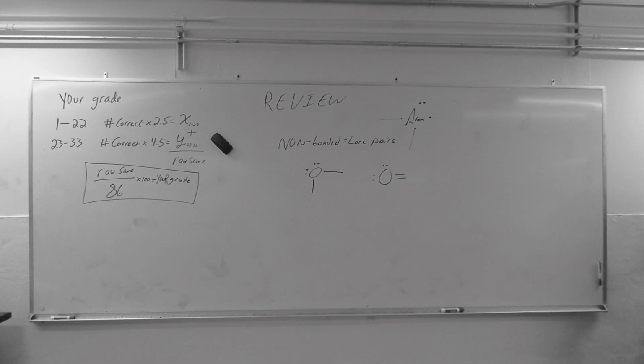How many valence electrons for this? So carbon has 4, hydrogen has 2, oxygen has 6, so it's 6, 7, 8, 9, 10, 11. Wait a minute. 1, 2, 3, 4, 5, 6, 7, 8, 9, 10, 11, 12. So carbon has 4. You add that to hydrogen, which has 1, but there's 2 of them. So 4 plus 2 plus 6 is 12. I think y'all can do